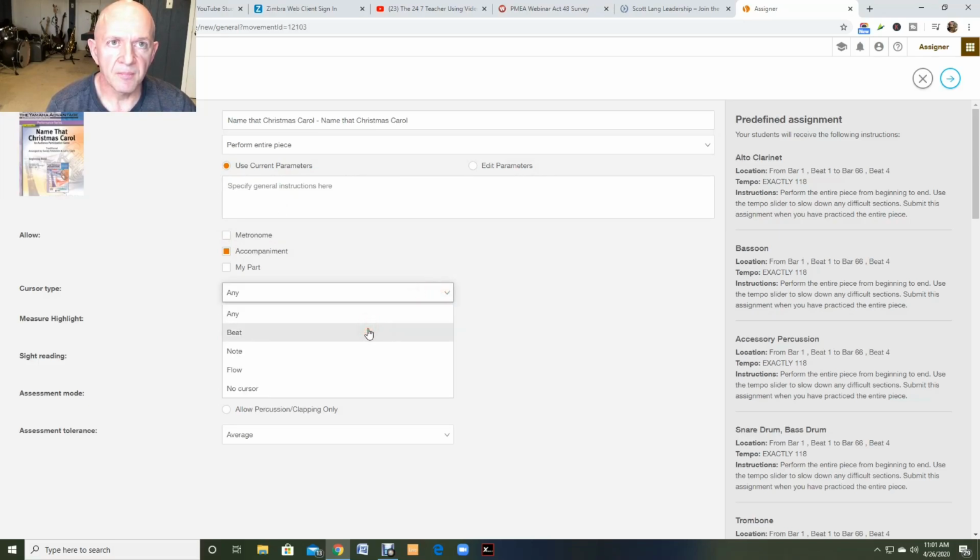With the sight reading, if you really want them to get good at counting, you're going to want to take the cursor off and put no cursor. If you have younger kids and you think maybe they're going to have a little bit of trouble reading the rhythm, you could leave the beat on. So you could leave that cursor on the beat. I'll go back and forth depending on the difficulty. This is beginner band music, so I'm going to take the cursor off and we're going to see how they're